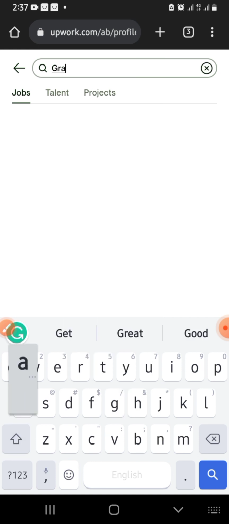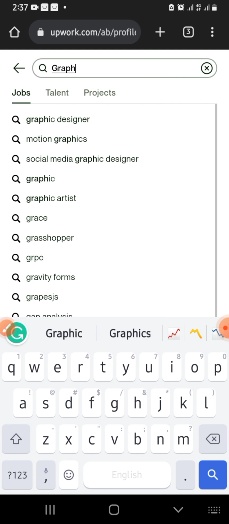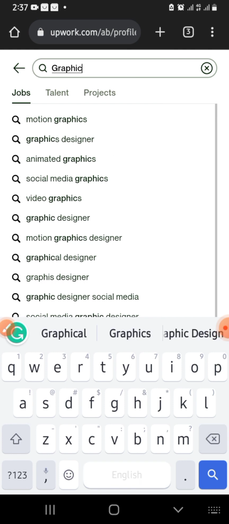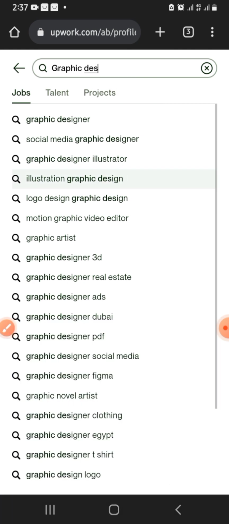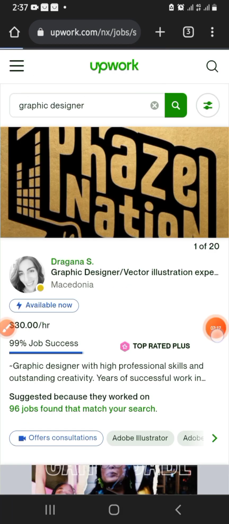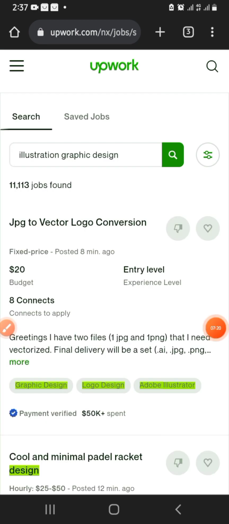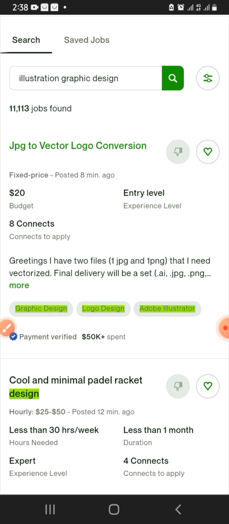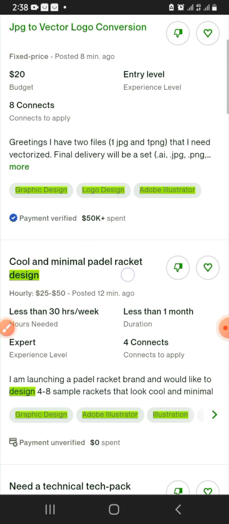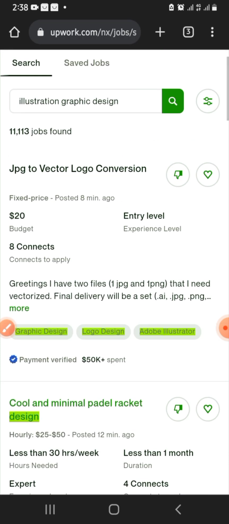So I'll be choosing, let's go with graphics design. So let's go with this one. Let it load up. So as you can see, this job was posted 8 minutes ago. A JPG to vector logo conversion. This was posted 12 minutes ago. But if you want to get jobs that are posted within 5 minutes to 1 second, click